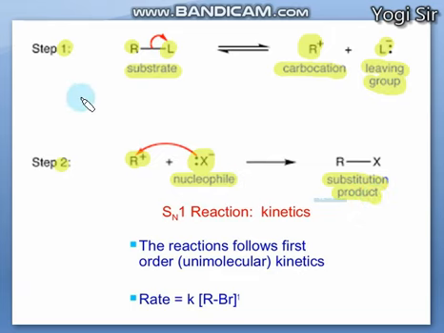So after the first step, the second step can happen, because if the cation is not produced, then this nucleophile cannot easily bind on this R group. And you can see here the reaction is reversible, meaning again this leaving group can bind with the R group to produce our substrate again, and again it can also undergo dissociation or heterolytic fission to produce cation and anion.